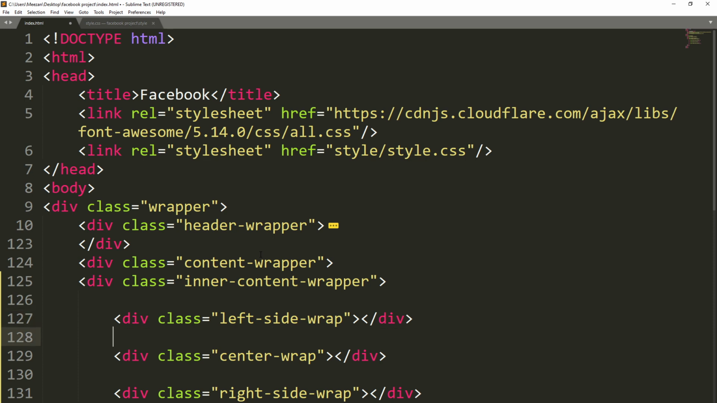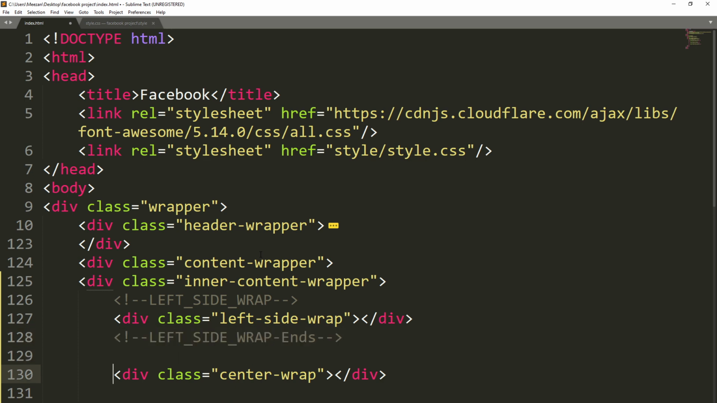So let's make a comment here. For the left side wrap we will call it left side wrap. Copy this, paste it here, and this will be the left side wrap ends. Copy this, paste it here. This will be the center wrap